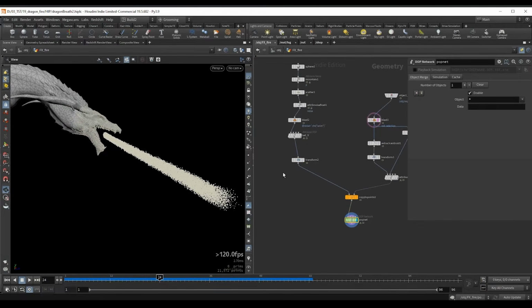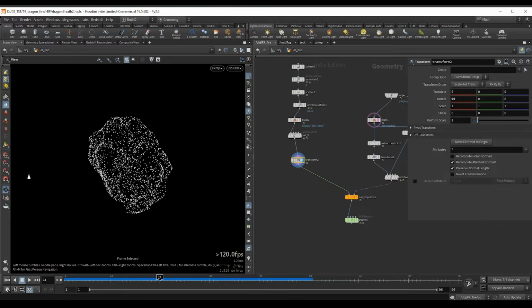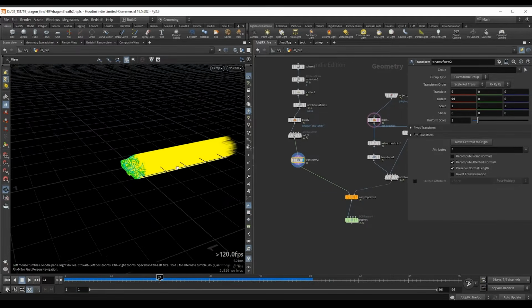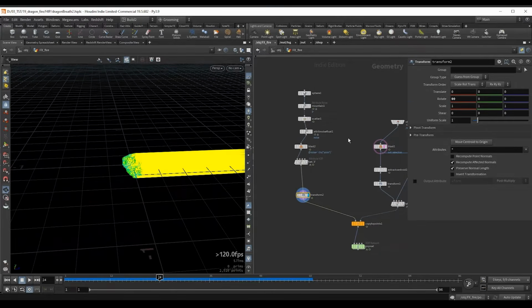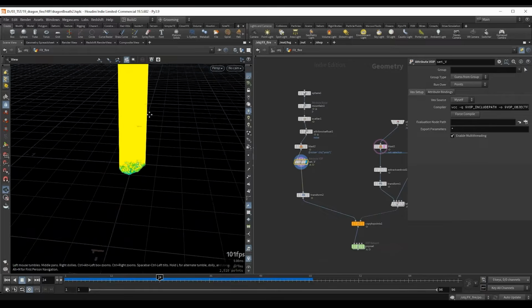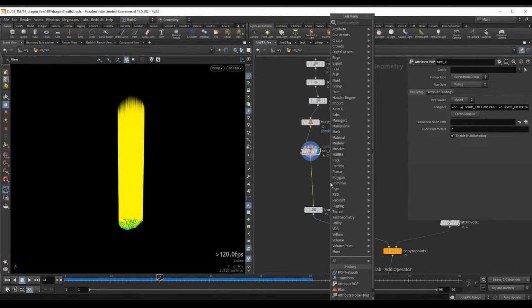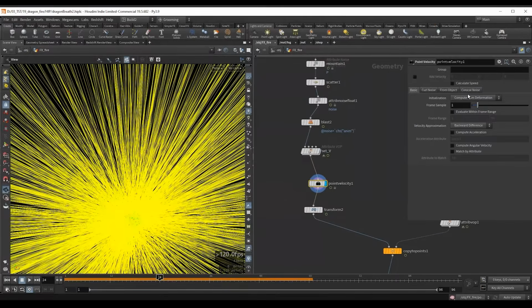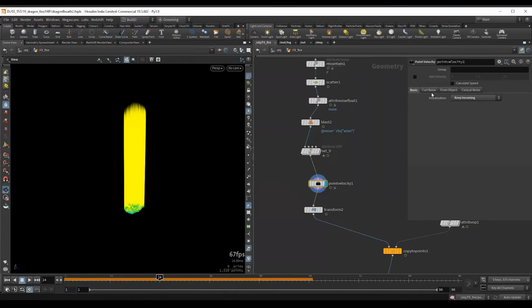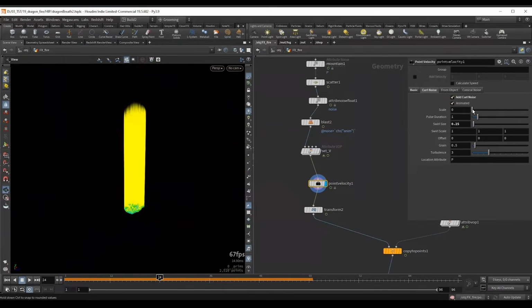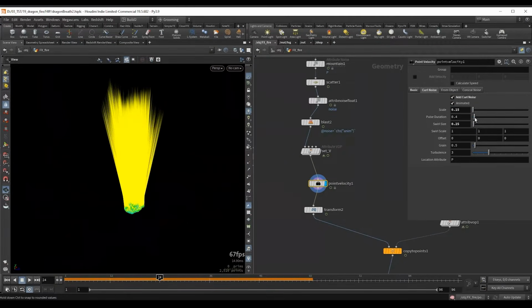And finally, for our velocity, let's go back to the rest state for the points and also preview the velocity. And maybe let's preview this before we did the rotation. So in our set V, we also want to add a little bit of noise here. So let's go ahead and after this set V, we can just do a point velocity. Let's set this to keep incoming and just go to the curl noise tab, and I'll reduce the swirl size and the scale and also the pulse duration. And let's maybe decrease this even more.